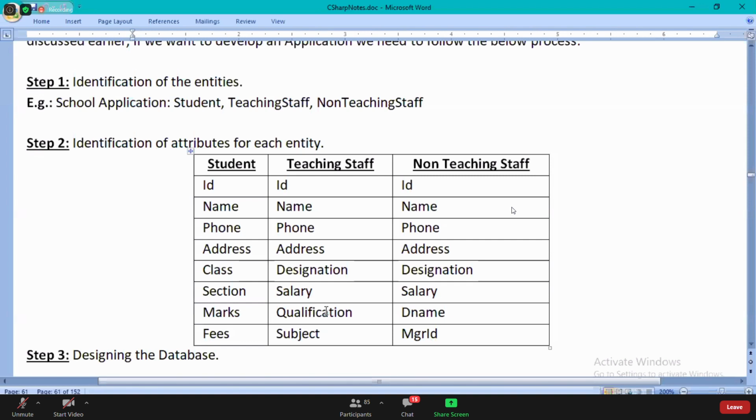Now, what are the child classes, guys? How many?